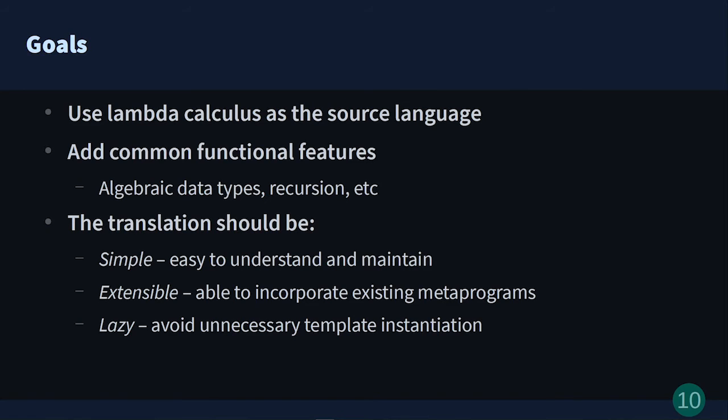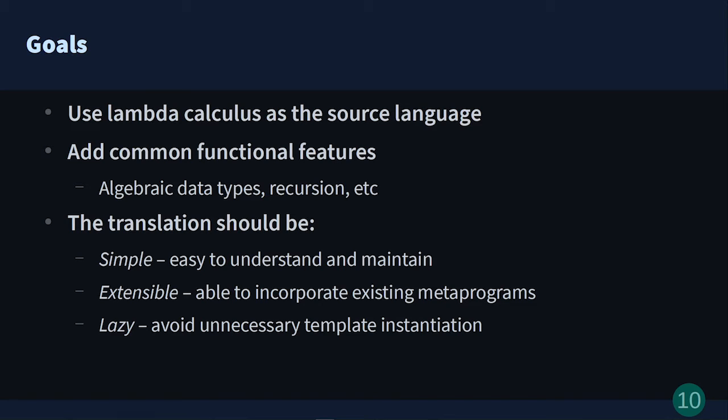So, my main contribution is a new method of translating lambda calculus into C++ templates. It should also allow for the translation of common features found in functional programming, such as algebraic data types and recursion, since we generally don't want to program anything in pure lambda calculus. There are other existing translation methods, but I wasn't particularly satisfied with some of the choices those methods have made. So my focus was primarily on ease of use, extensibility, and clear non-strict semantics.